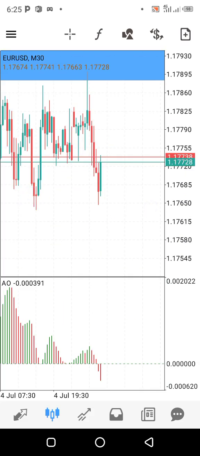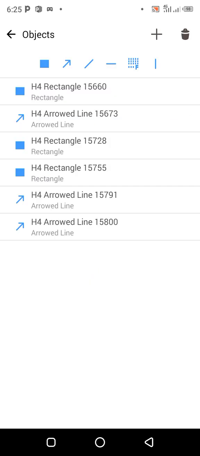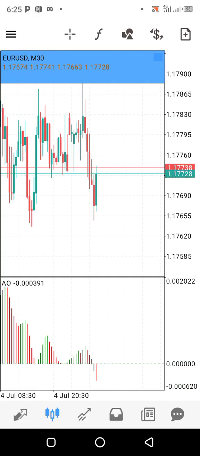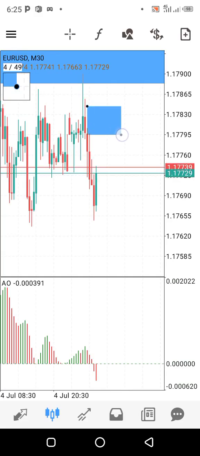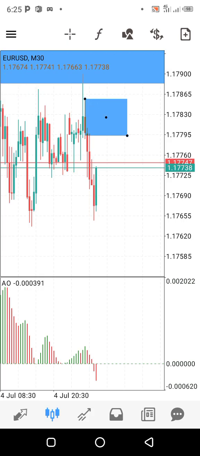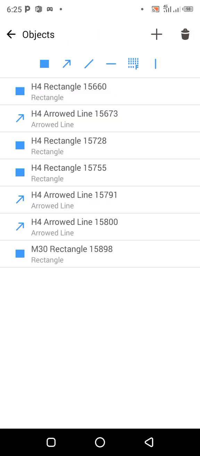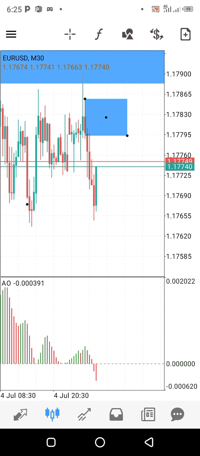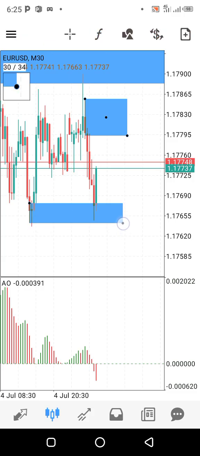Well, we see that price, we have a bit of a demand supply zone around here, okay? Had a drop base drop at around this level, right? So as long as price doesn't break that level, we are good to go. Also have another demand zone around here, so I want to see price break free from this demand zone on the M30, and then I can just take my entries from there, because I'm expecting if price is able,